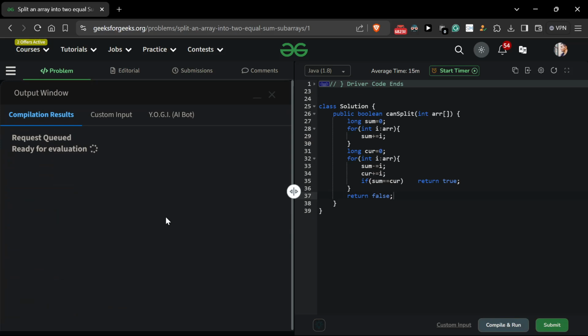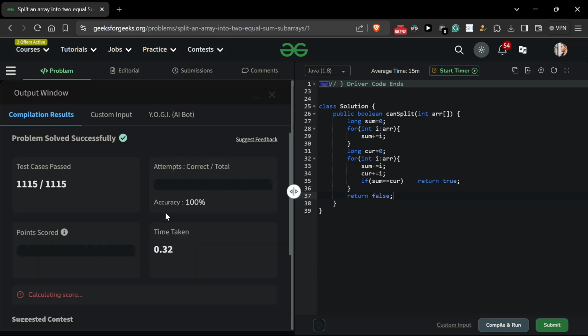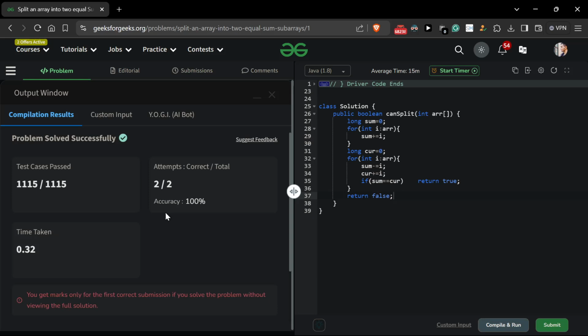So let's talk about time and space complexity. In this case, time complexity is 2n, n plus n, because we are iterating two times,